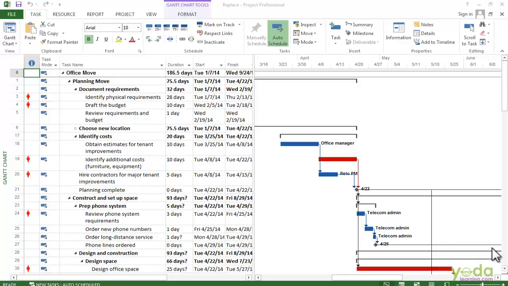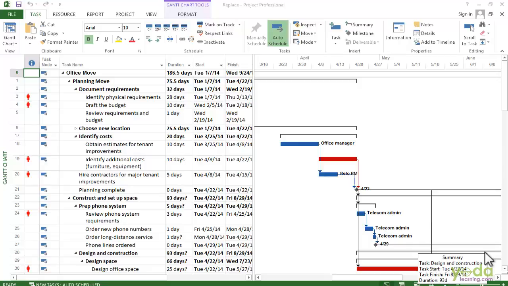There are several situations where you might need to replace the resources assigned to a task. If you started by assigning generic resources, you can replace them with the names of the people who will actually do the work. If people are over-allocated, replacing them on some other assignments is one way to correct the problem. Or you might have to replace someone because they get sick or are no longer available.